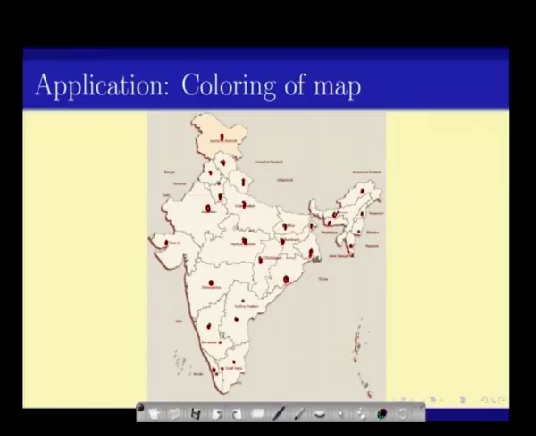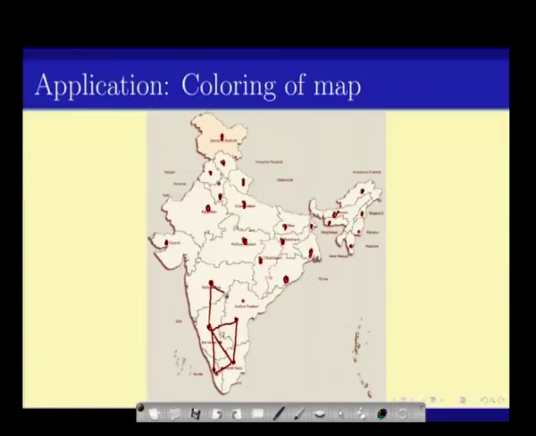If two states have a common boundary, for example, Karnataka and Andhra Pradesh, we draw an edge. It is basically saying that here is an edge, so you cannot violate it. If Karnataka is colored something, Andhra Pradesh cannot be colored the same. Similarly, we draw edges between Andhra Pradesh and Tamil Nadu, Tamil Nadu and Kerala, Kerala and Andhra Pradesh, and